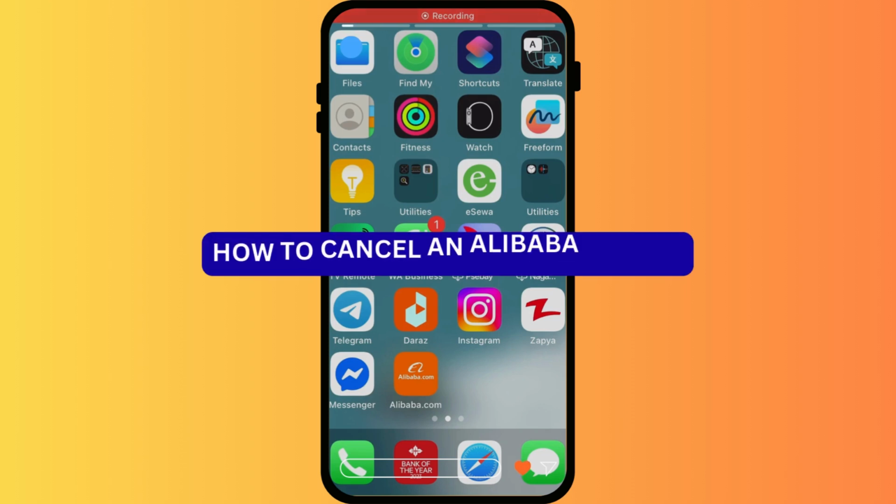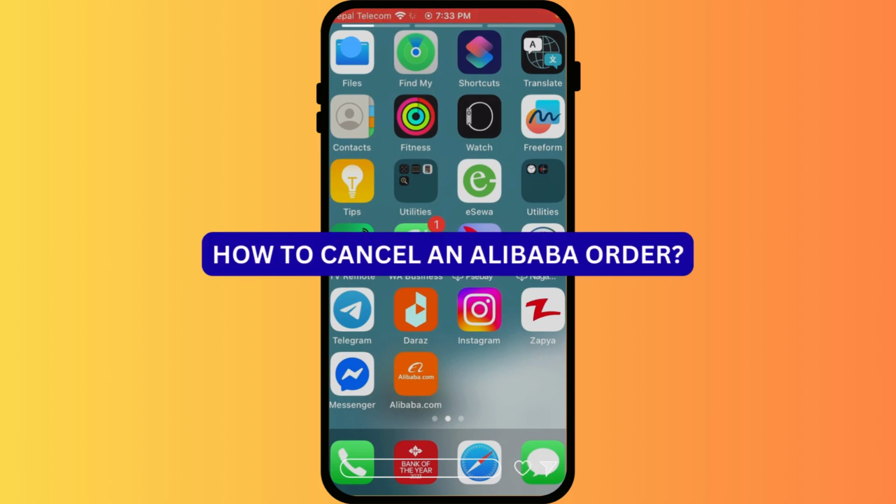How to cancel an Alibaba order. Need to cancel an order that you placed on Alibaba? This guide shows you how to cancel an order on the app so you can get your money back before